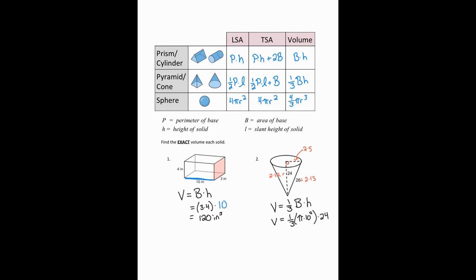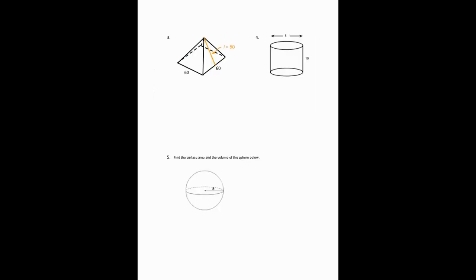So 3 goes into 24 evenly, it goes in 8 times. So that's going to be 8 times 100 pi, or the volume is equal to 800 pi. For our third example, we have a pyramid, and the formula for the volume of a pyramid, because it